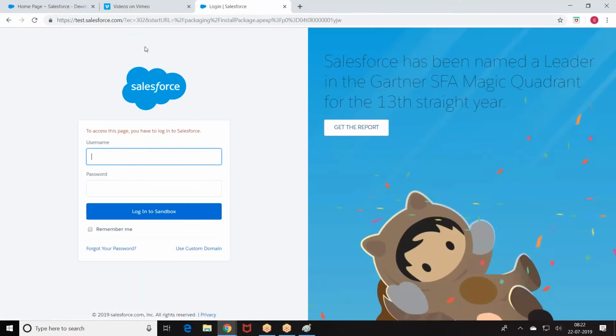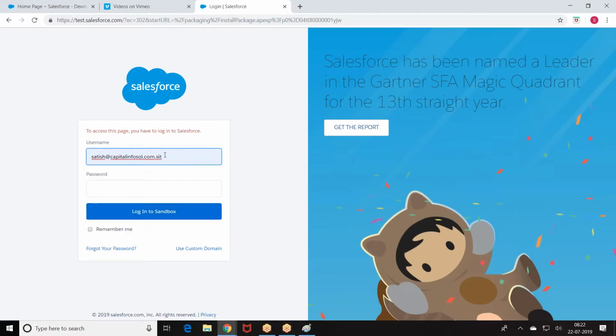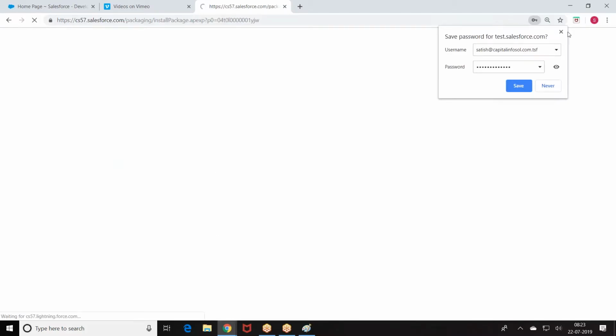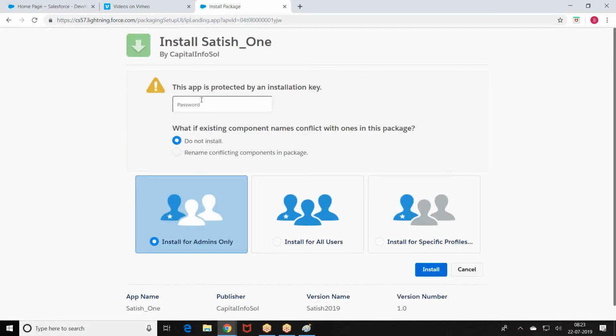Then now, because ours is a sandbox environment, we are getting that. Okay, I'll try to do. Satish, we log into SIT, right? Yes, sir. Now you got a password. Now because I developed in the sandbox, the URL is coming as a sandbox URL. Okay. Then, if any conflicts,